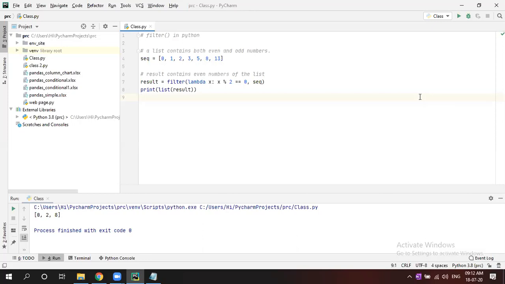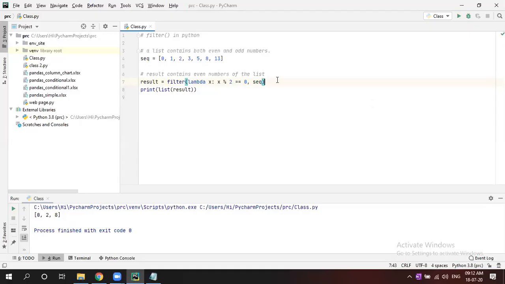Any doubt here in filter? No, sir. Almost. So once the logic is written, then you pass the value. One by one it will go, check and filter. It's like a loop and if. Instead of loop and if, directly use filter.